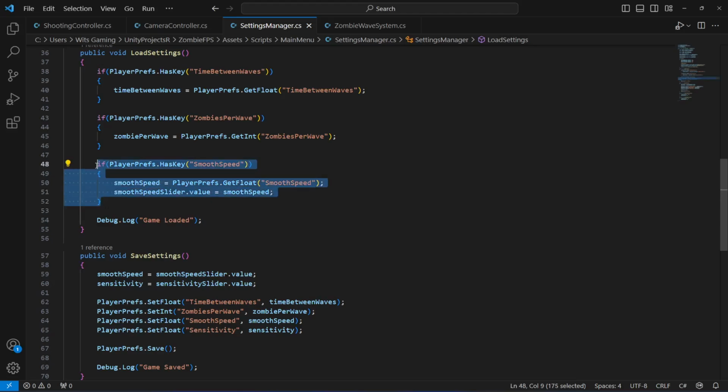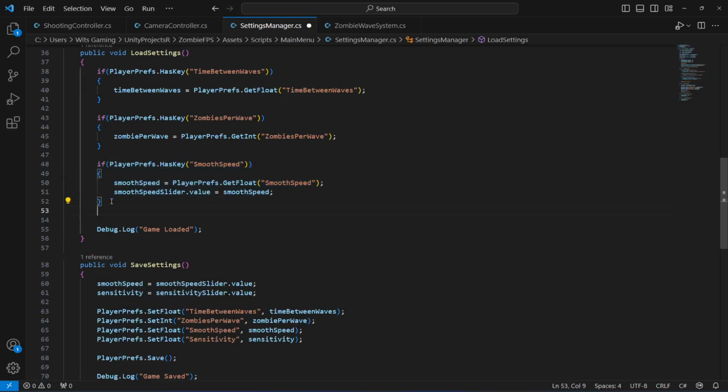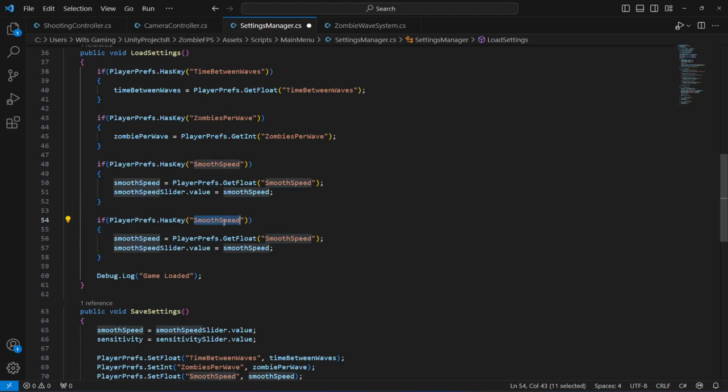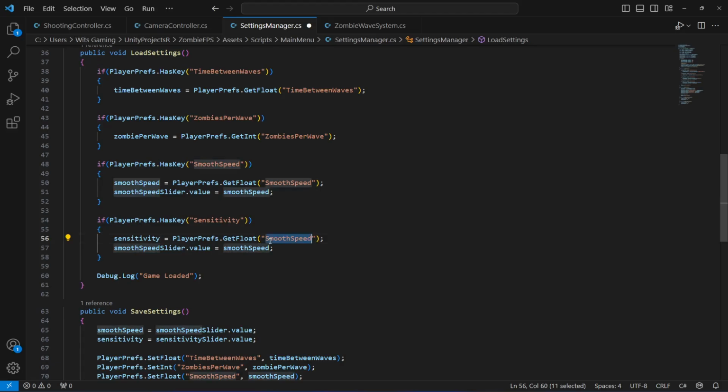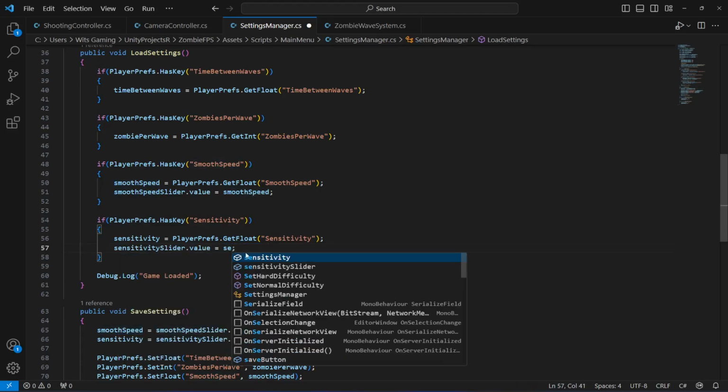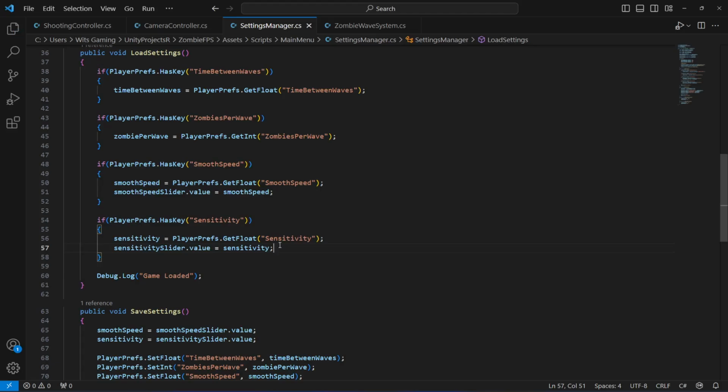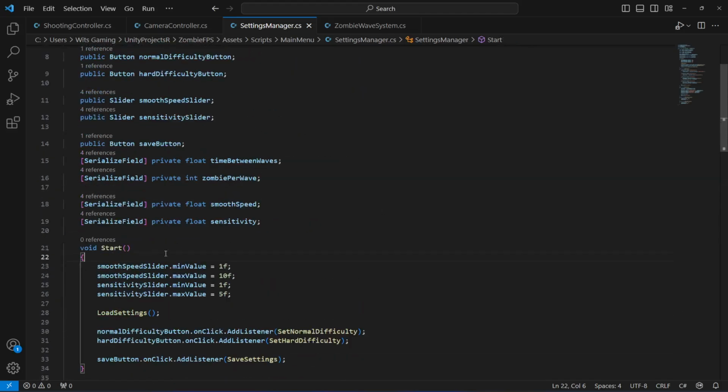Okay, and we can do the same for our sensitivity. Copy that, paste it down below right here. We will now say sensitivity will be equals to sensitivity, and then the sensitivity slider dot value will be equals to sensitivity. Okay, that is all. Now if we save this, and now in the start method, as you know that in